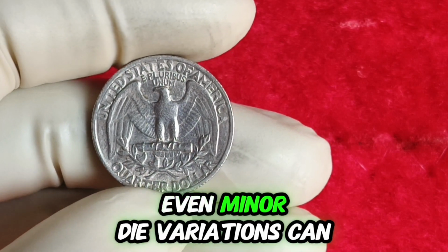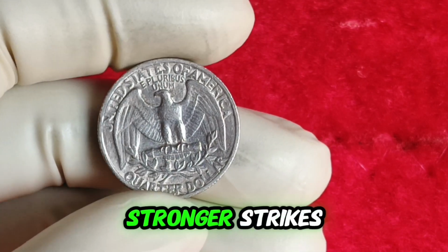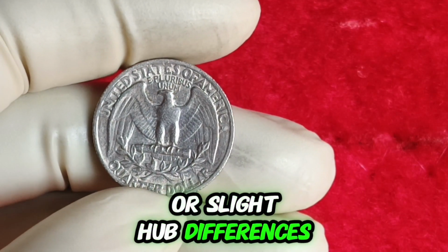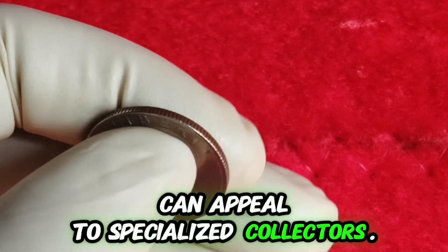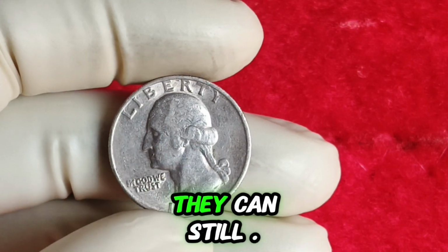Sometimes, even minor die variations can make a difference. For example, coins with stronger strikes or slight hub differences can appeal to specialized collectors. While these may not be as valuable as major errors, they can still